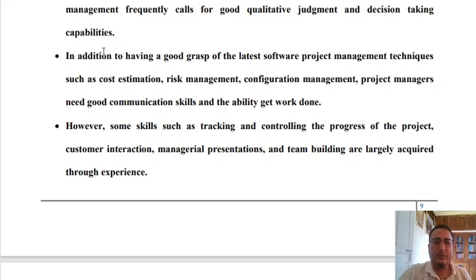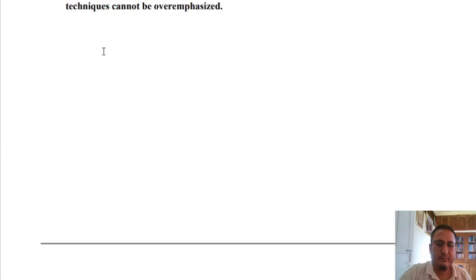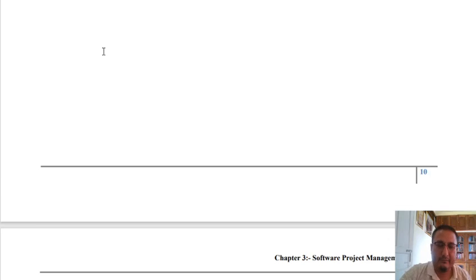One has to have a very good grip on the various software project management tools, as well as good communication and the ability to get the work done. Some of these are acquired through skills and some through leadership abilities. So these are some of the important characteristics that a good software project manager should have, right?